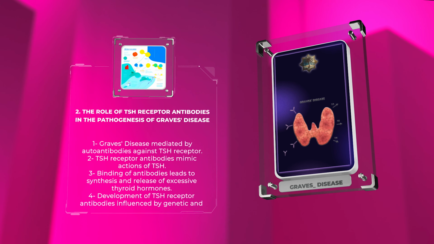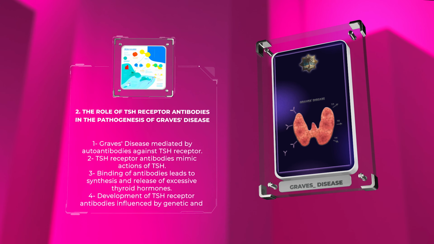Graves' disease belongs to a group of disorders known as autoimmune diseases. Autoimmune diseases occur when the body's immune system mistakenly attacks its own healthy tissues. In Graves' disease, the immune system produces antibodies that target the thyroid gland. These antibodies not only stimulate the production of thyroid hormones but also provoke an inflammatory response within the thyroid gland. This immune dysregulation contributes to the development of various clinical manifestations associated with Graves' disease.